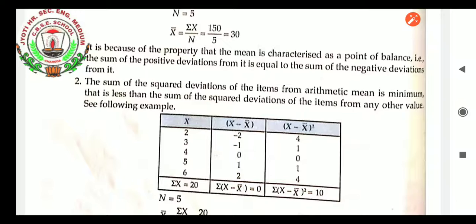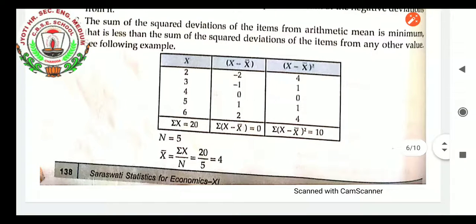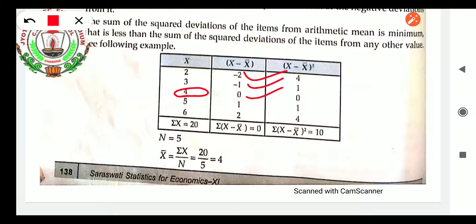See the following example. x minus a is given, you have to calculate x minus a. x is given as 2, 3, 4, 5, 6. For x minus mean, what can we assume? We can assume 4. 2 minus 4 is minus 2. 3 minus 4 is minus 1. 4 minus 4 is 0. 5 minus 4 is 1. 6 minus 4 is 2. Now if you take the deviation squares of x minus mean: